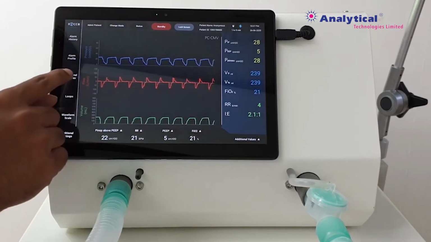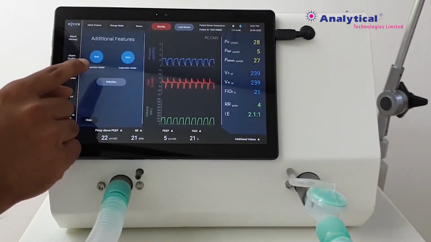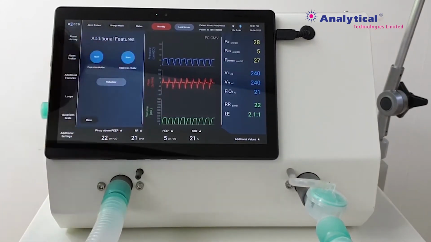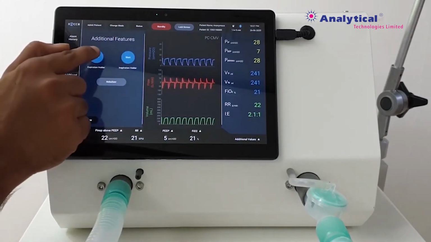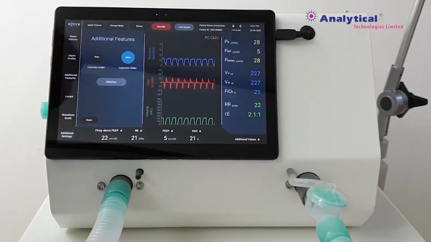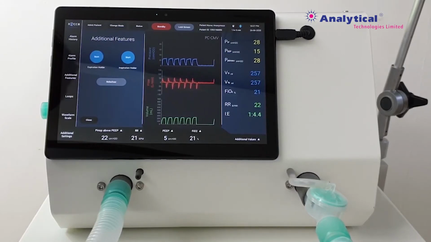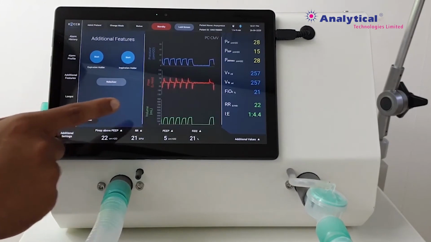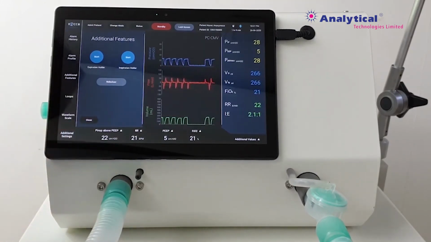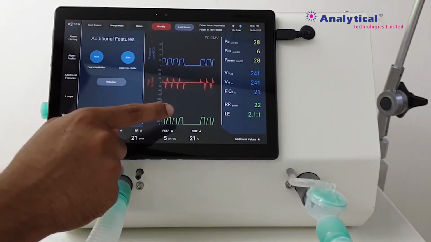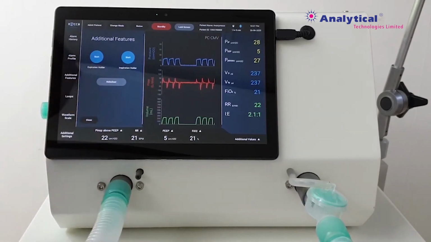The ventilator comes with many advanced functions such as expiration hold and inspiration hold. If we press the inspiration hold button, the active exhalation valve is closed and shows plateau pressure until the stop button is pressed, or up to 10 seconds, whichever happens first. The pressure changes as a result can be seen on the plotted blue graph.